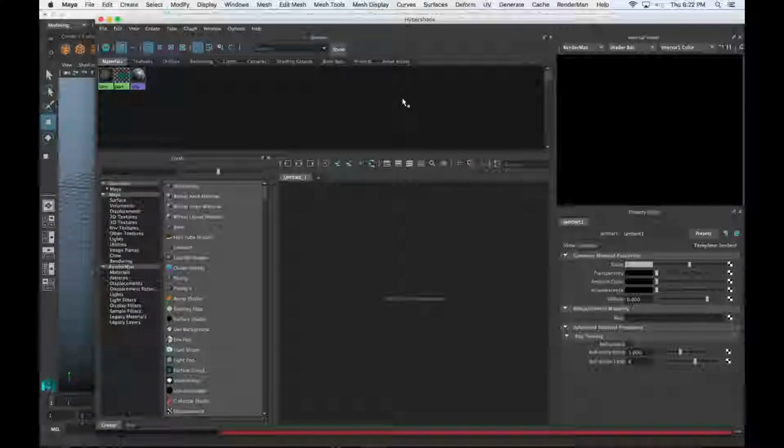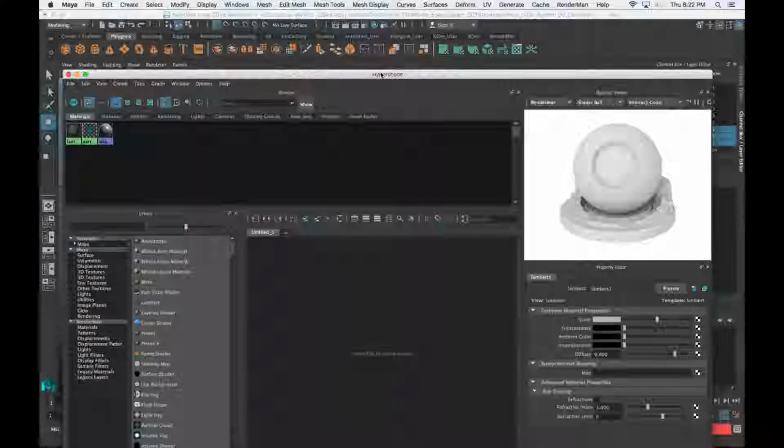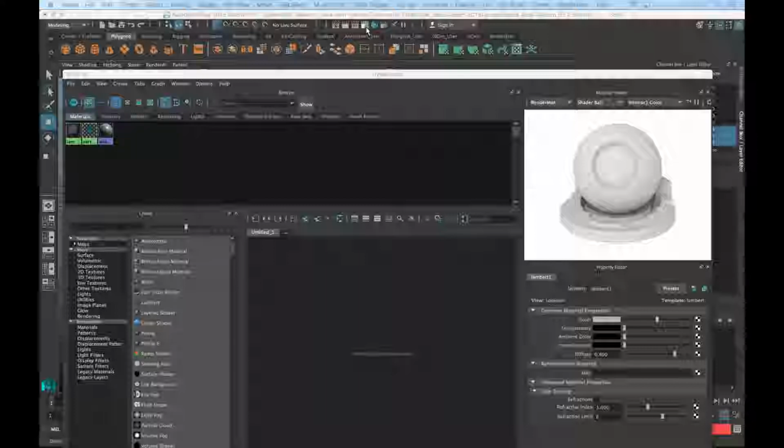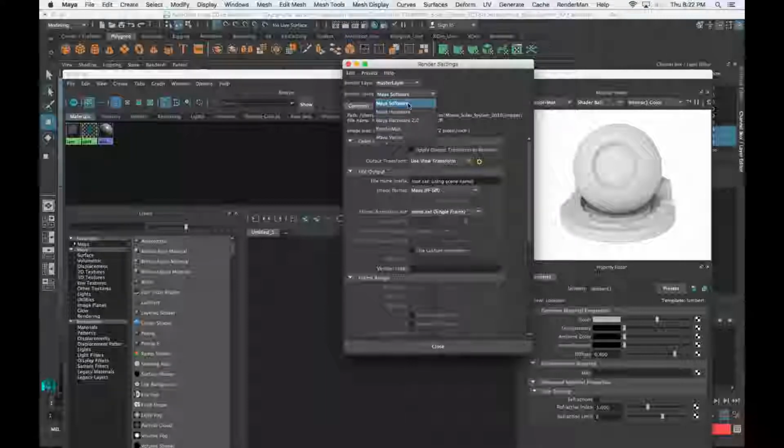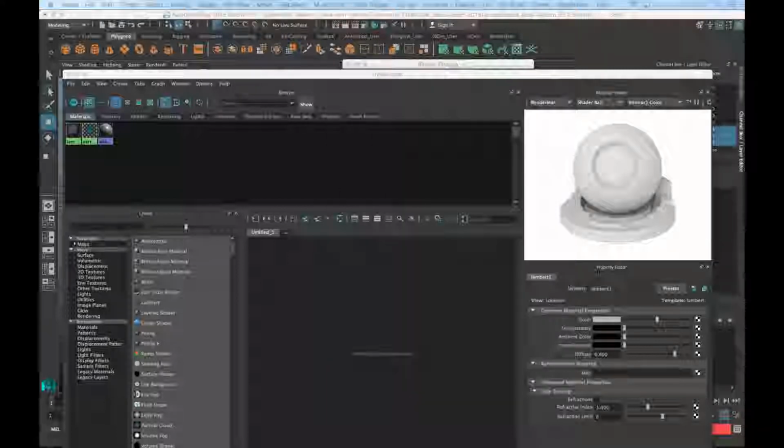And it's going to think about it for a minute. Okay. Now, these computers have RenderMan installed on them, which is a more advanced rendering engine. We're not going to use that for today. It's unnecessary. So we need to change it to the default Maya one. So I'm going to go up to my render settings, which is this little slate with a gear icon right next to the Hypershade icon. I'm going to click on that, and that's going to open up this render settings window. And I'm just going to make sure this says render using Maya software. Okay. Now that we have the correct render engine set,